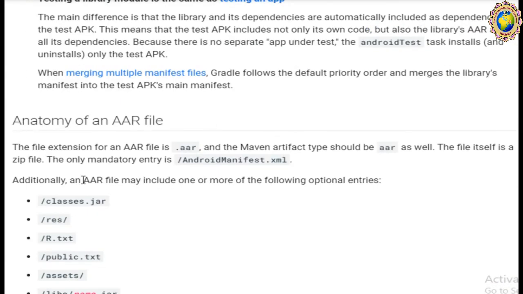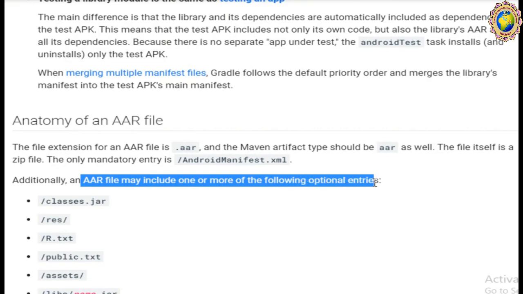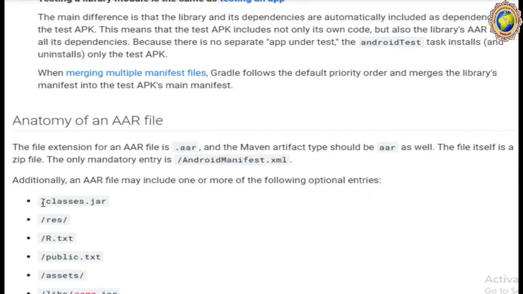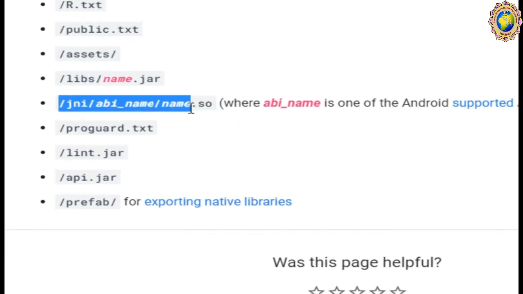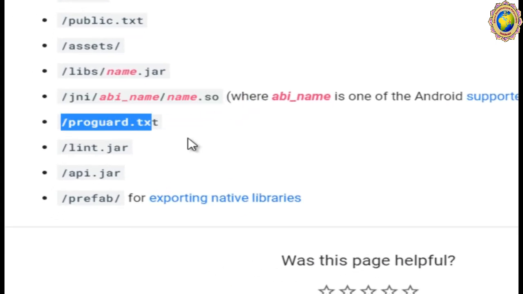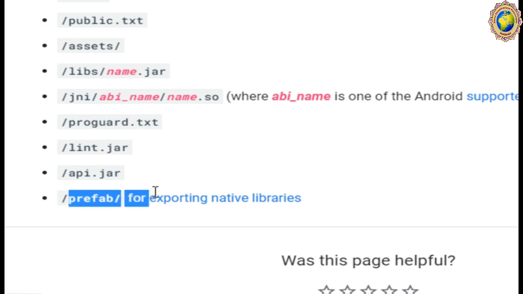The R file may include one or more of the following entries: classes, res resource, r.txt file, public.txt, assets, libs/name.jar, ABI name, then proguard.txt, then lint.jar, api.jar, then prefab for exporting all the native libraries.